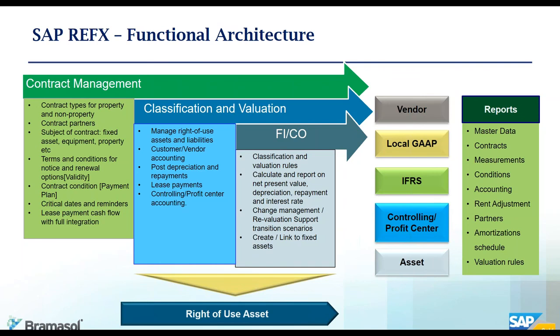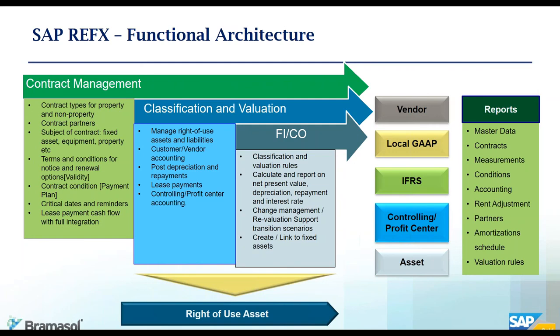And on the right-hand side of the screen, you're seeing vendors. So it's all integrated to your vendors, it's actually called business partners. So vendors are the business partners. We can comply with their local GAAP. We have seen a lot of customers who are global in nature. They have their own local GAAP requirements. So these are some of the capabilities built in the solution.